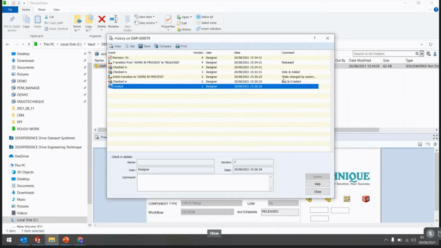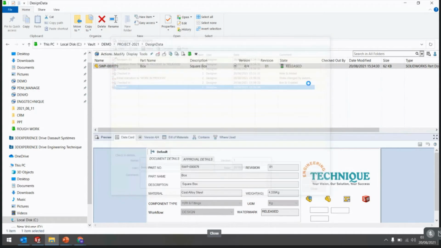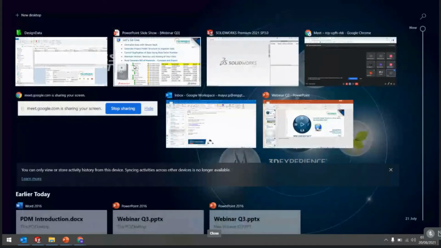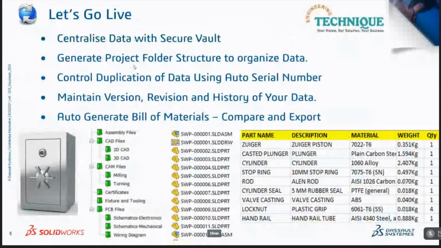Then we sent this file from work in progress to released state. Again, history is maintained here, like revision 1 is updated. So this is how PDM smartly maintains our version history of files. So in an audit we can easily take the reports, who created, deleted, or edited this file, everything.